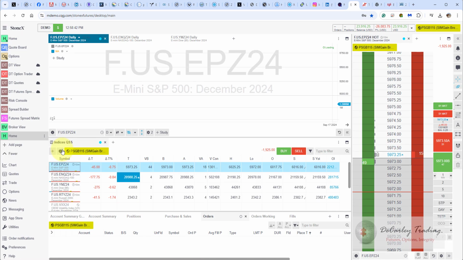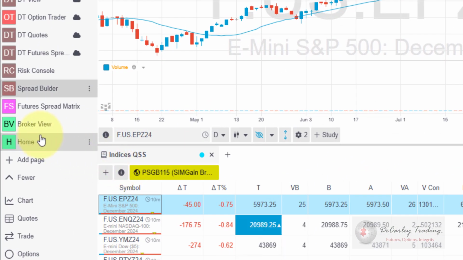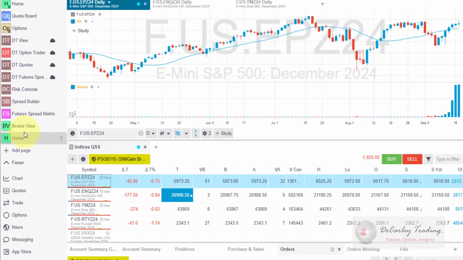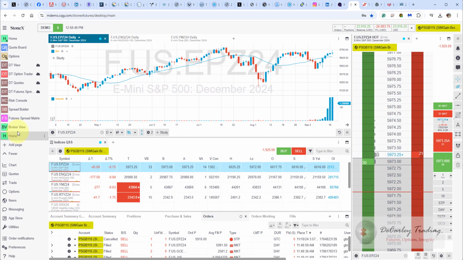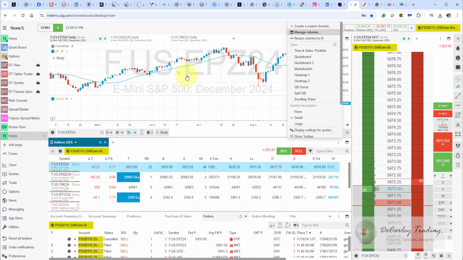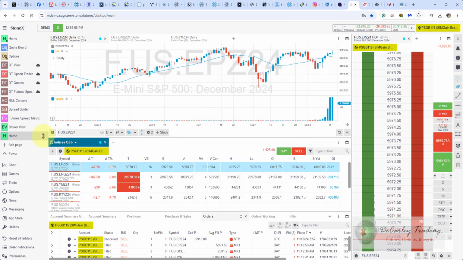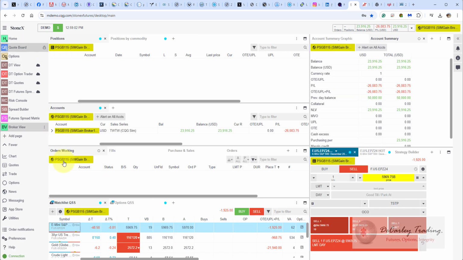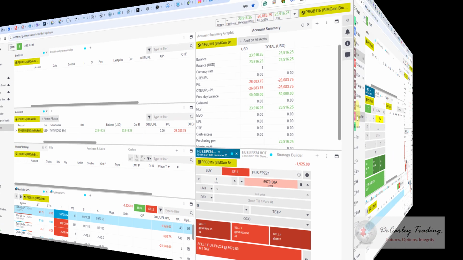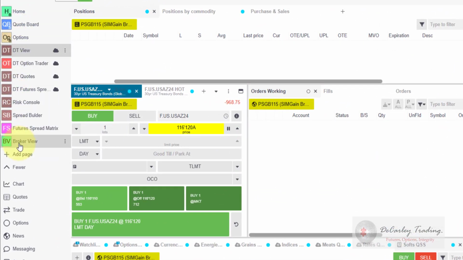So I'll go ahead and do that just so you can see what it looked like. It duplicated this home page. So now if we wanted to customize it, we could do that. We could change the rows around, we could change the columns around, we can do whatever we want. I'm going to go ahead and delete that so it doesn't mess us up. But if you really liked one of the locked pages, you could recreate it and customize it the way you